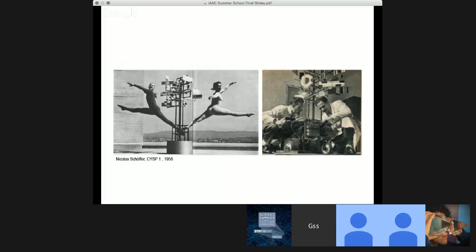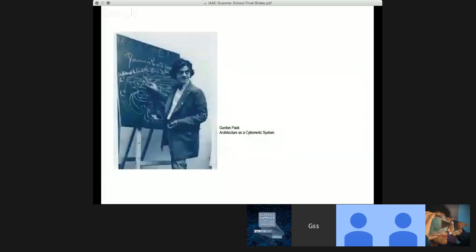For Schöffer, this enables the cybernetics to elucidate complex artistic relationships from within the work itself. Later on, Gordon Pask extended the vision of a feedback loop to include information flows in all media, from stars to brains.